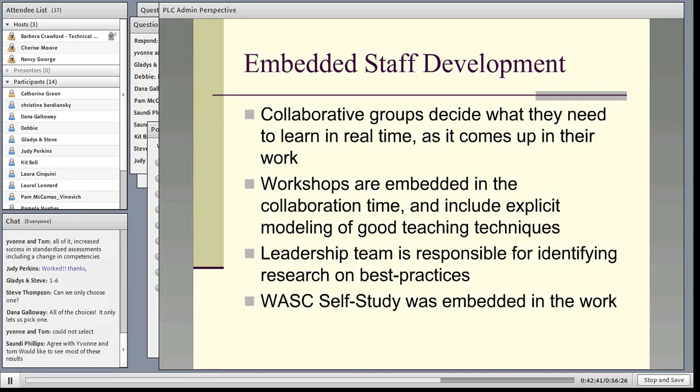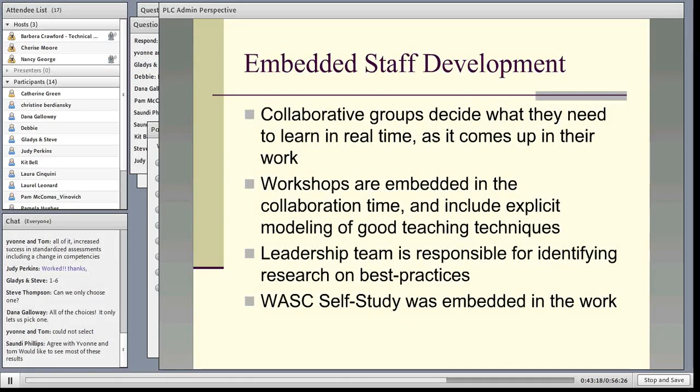The professional learning community collaborative groups decide what they need in real time as it comes up in the work that they're doing around good lesson plans and learning objectives and formative and summative assessments, and then we provide it. So recently an issue came up around how to do backwards design in order to support the creation of good learning objectives. And so we did a couple of workshops during their collaboration time